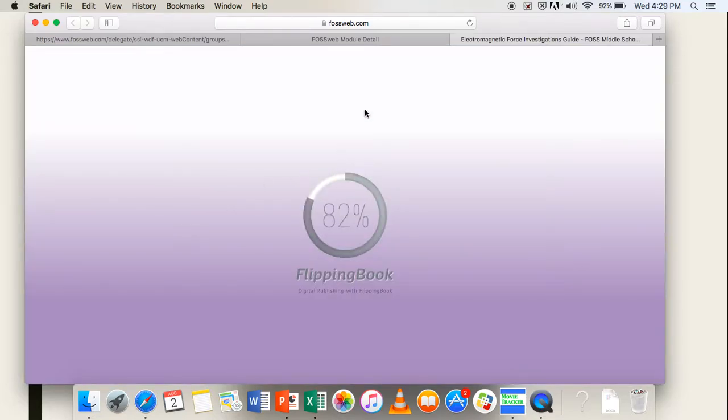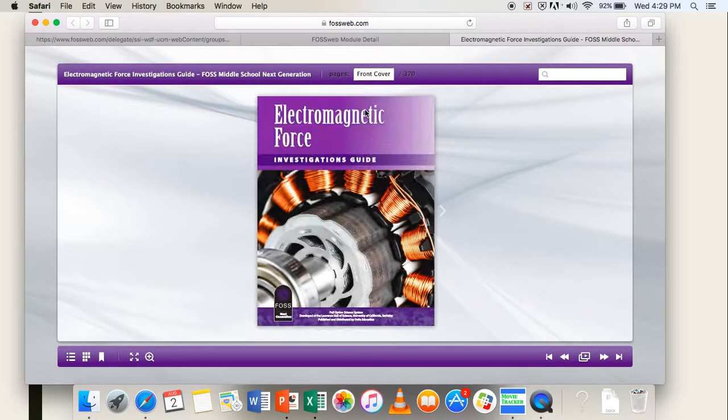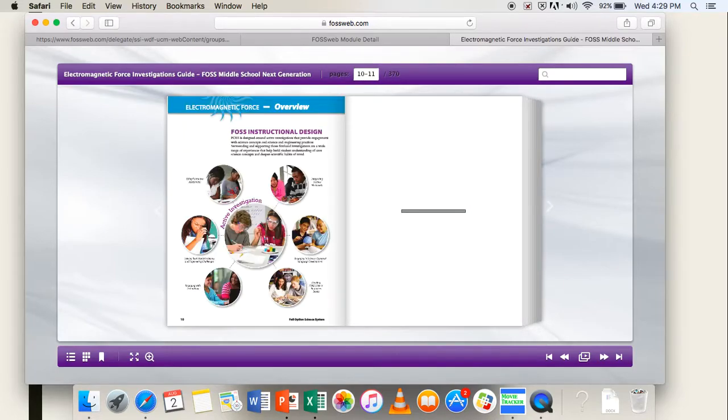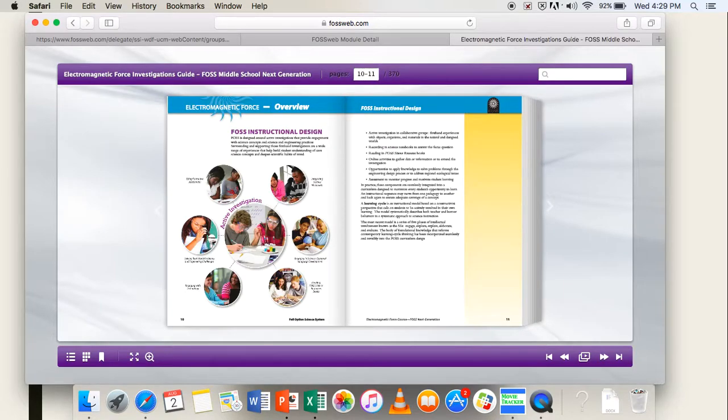This takes just a second to load up. Right now these are flip books. They are working on making them a little bit more interactive, where you can just go exactly where you want and you don't have to flip through all the pages. Some people love the sounds of the page. That's up to you. So we're starting off on page 10, and I'm going to zoom in a little bit,